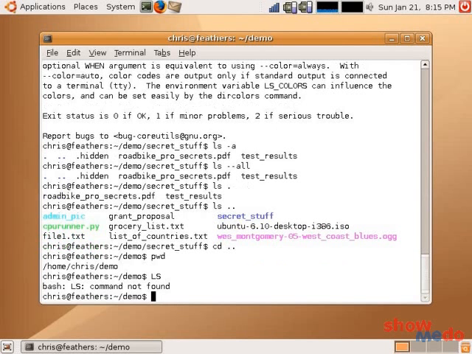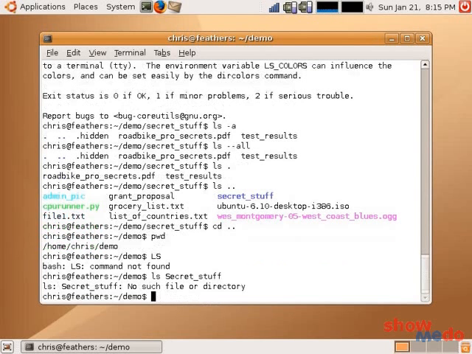And likewise, ls of Secret Stuff that's capitalized, it won't be found. So keep that in mind, that Linux and Unix are very case sensitive. So watch your typing. Anyways, to get back to the subject, if we feed ls the flag dash capital F,